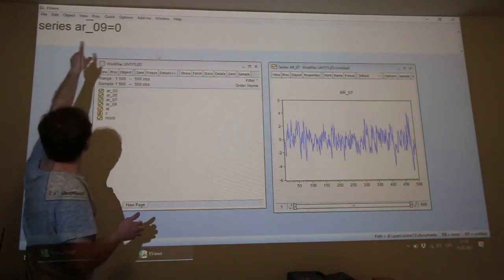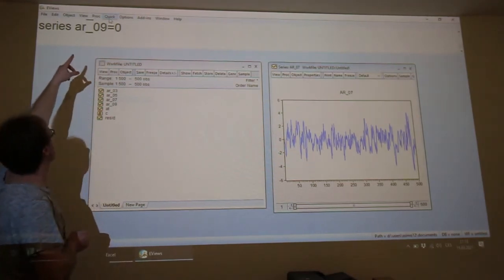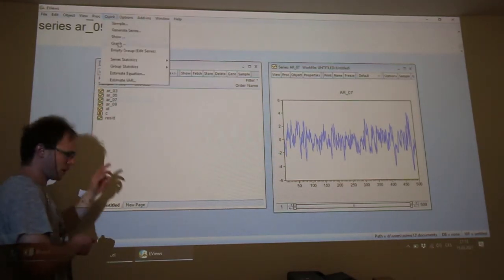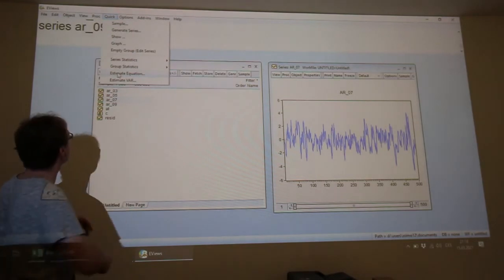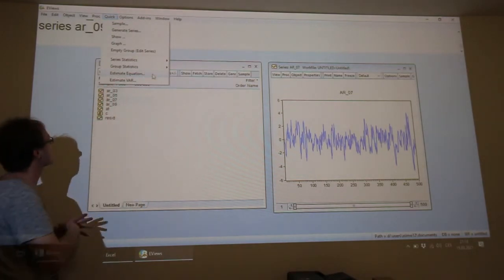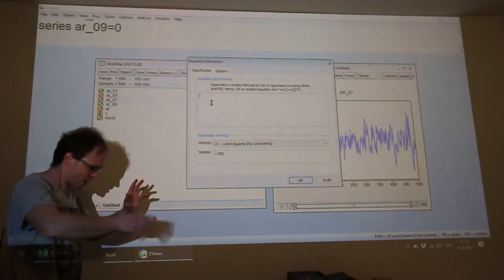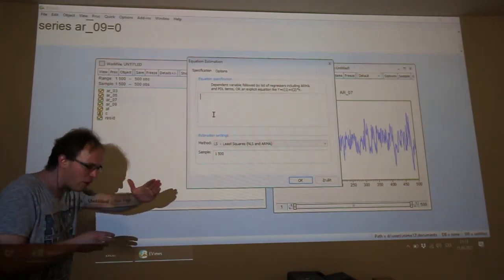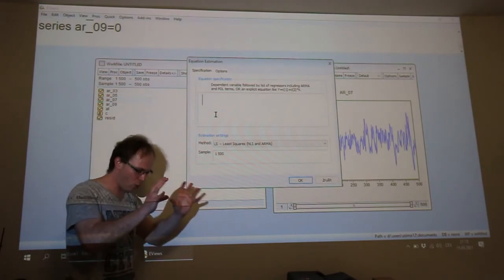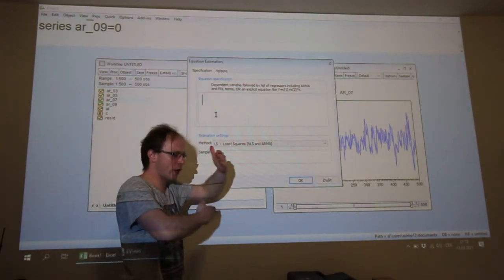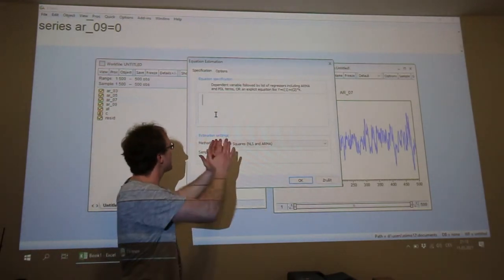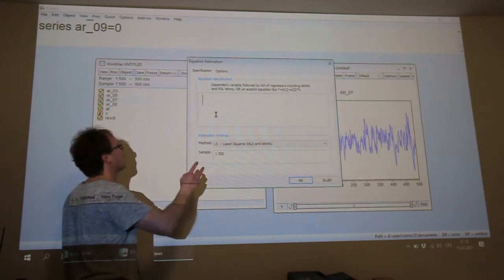So, in eViews, on the top of this page, click on the Quick button, and here we have Estimate Equation. So please click on Estimate Equation, and we will write the formula, yes, of this autoregressive process here in eViews software.